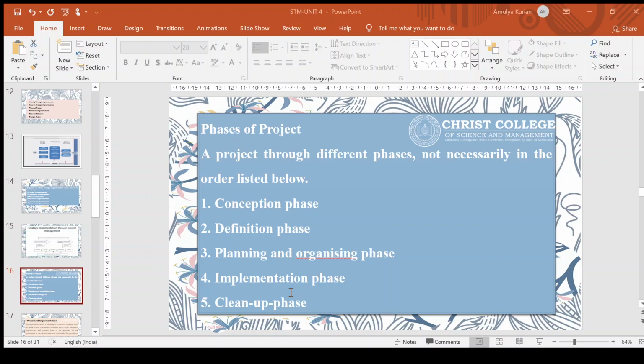So once the idea comes in, and once you have decided which project is to be taken, we will be defining the feasibility, and you will be analyzing the project in an in-depth manner. Once that is done, then starts the planning and organizing phase. In the planning and organizing phase, detailed planning related to different aspects of the project will be done, like infrastructure, engineering design, schedules, budgets, finance, and whatever is required in order to complete the project.